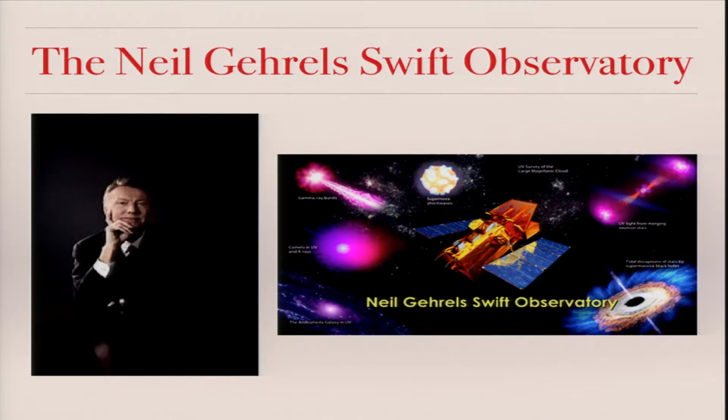I wanted to make sure that all of you had heard that a little over a month ago, NASA renamed the SWIFT satellite in honor of the former principal investigator and really the driving force behind SWIFT, Neil Gehrels. And so now it's known as the Neil Gehrels SWIFT Observatory. Previously, it was the SWIFT Gamma Ray Burst mission. So not only is this meant to honor Neil, but also to reflect the diverse science that SWIFT